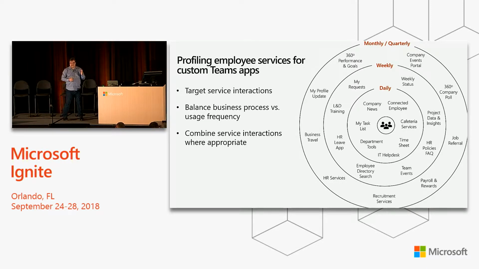One of the ways to think about that is to say, when I'm building my application, what am I building it for? In this case, you might want to think about usage patterns: things that you do every day, every week, or on a more infrequent basis, quarterly, annually, what have you. They may all be HR. Does that mean you should have one HR app? Maybe, but let's take one example.